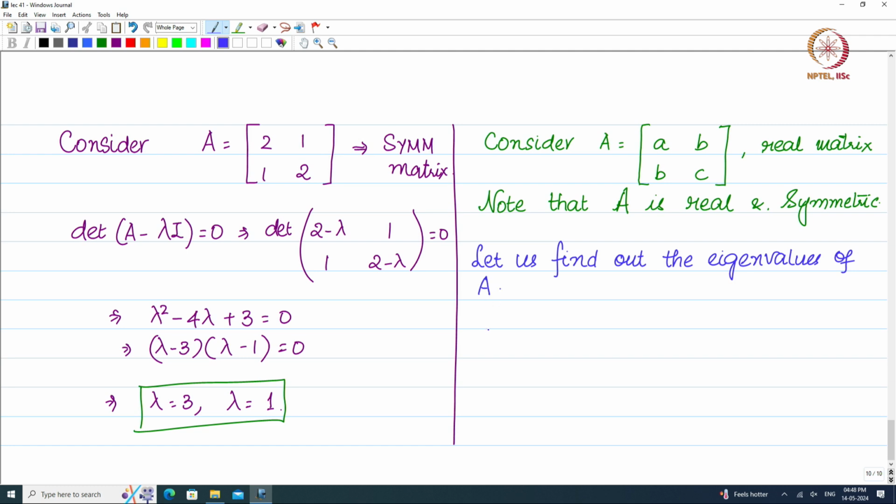Now, what do we mean by that? We form the characteristic equation and find the roots of the characteristic equation. So, we have A minus lambda I, which is the matrix with entries A minus lambda, B, B, C minus lambda. This is what we have. The characteristic equation is the determinant of A minus lambda I equal to 0, which implies the following,